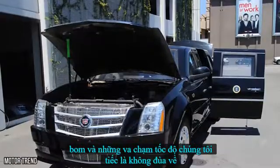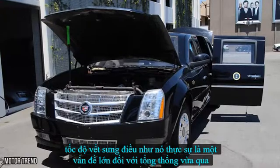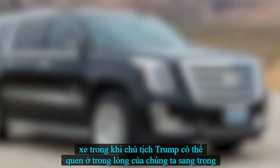We're unfortunately not kidding about the speed bump thing, as it's actually been a major issue for past presidential vehicles. While President Trump may be used to being in the lap of luxury,